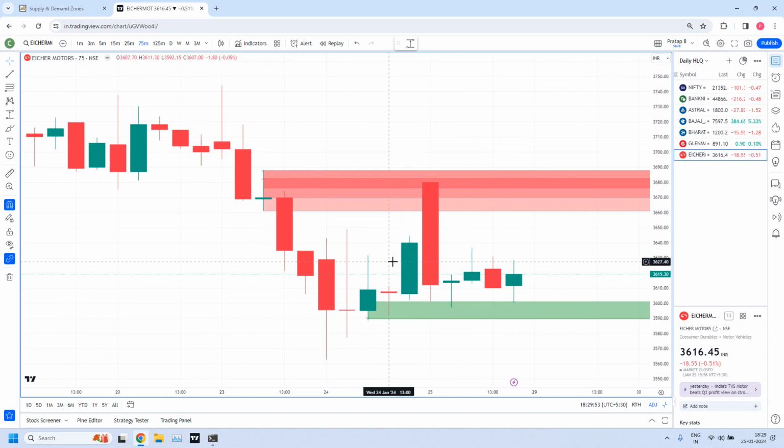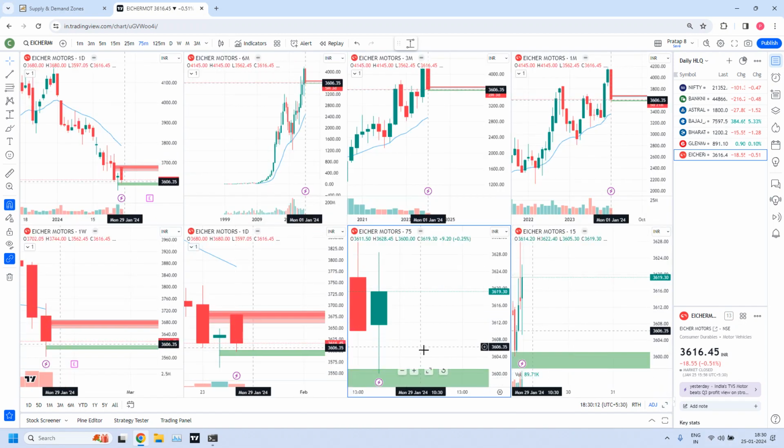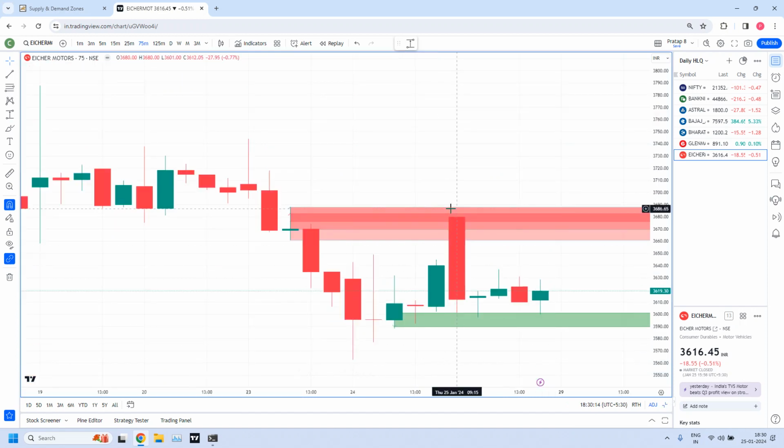Because in the 75 minutes time frame, we have only one zone identified in our yesterday's report. There are no demand zones in 75 minutes. In supply zones, we have only one high liquidity zone. We have multiple stocks near the 75 minute supply zone, but we identified only one high liquidity supply zone. And moreover, it is a fresh zone. First time prices entered